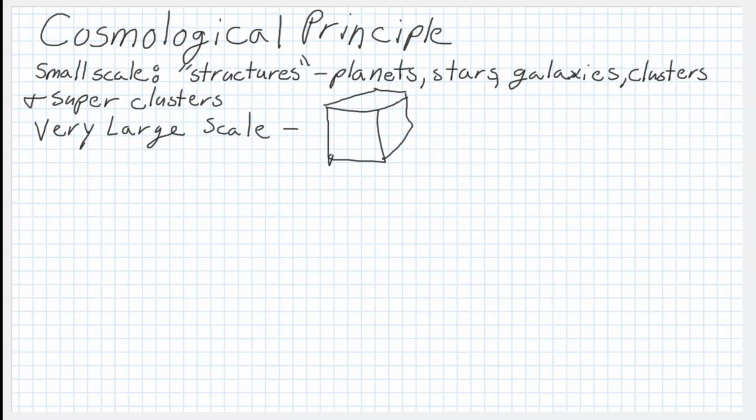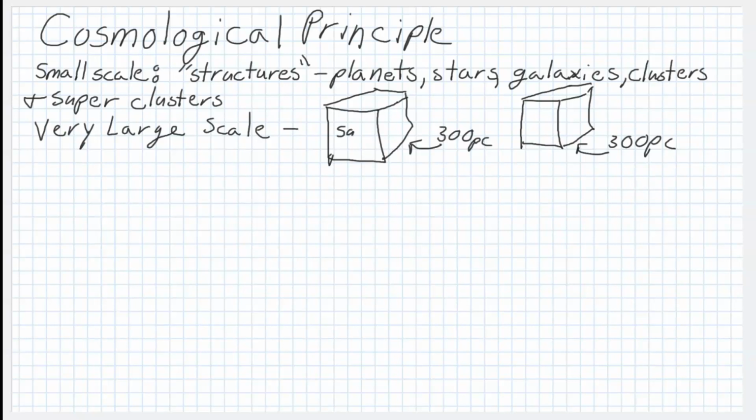And when we're thinking about the universe at this scale, we can think of it as really, really big cubes that have 300 parsecs a side. And so if I were to chop the universe up into these really big cubes, and I were to look at two of these enormous cubes, the first one I drew much better. Let's try again. If I were to compare these two cubes, made up of cubes cut out of the universe,